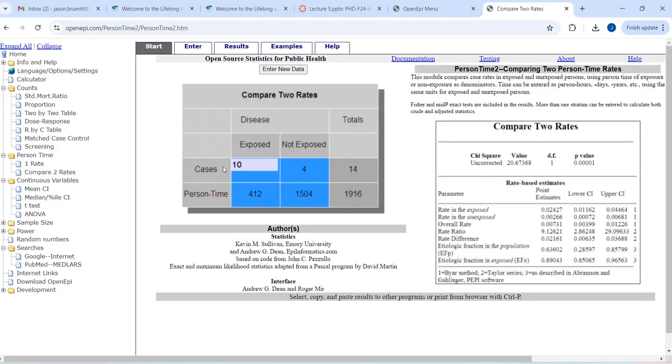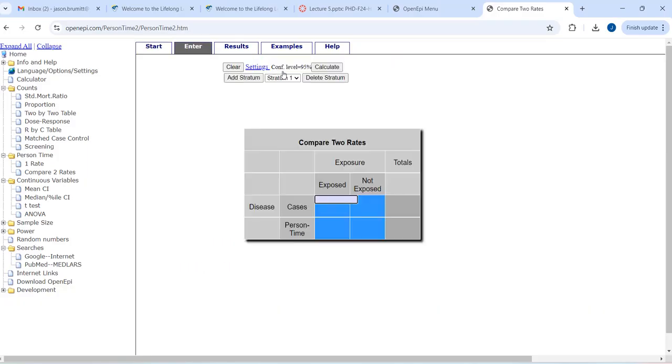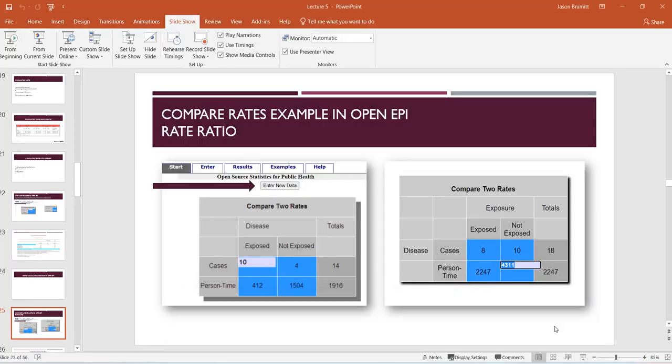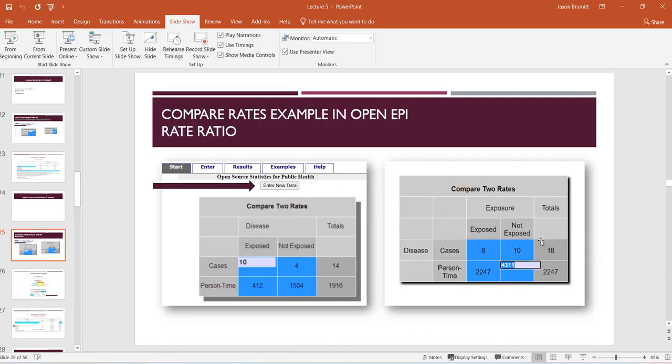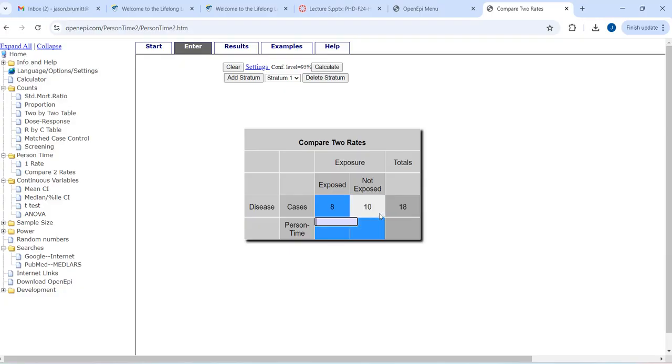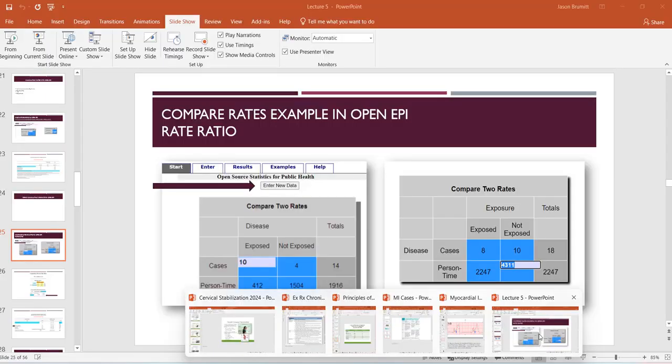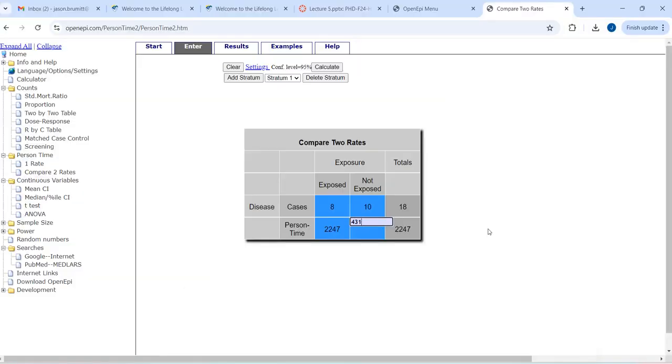It'll pull up this, and then I want to enter new data. Next, oops, sorry about that. How about if we go with, let me see what the next one here is. Let's go with this 8 and 10, 22, 47, and 43, 11. Now,